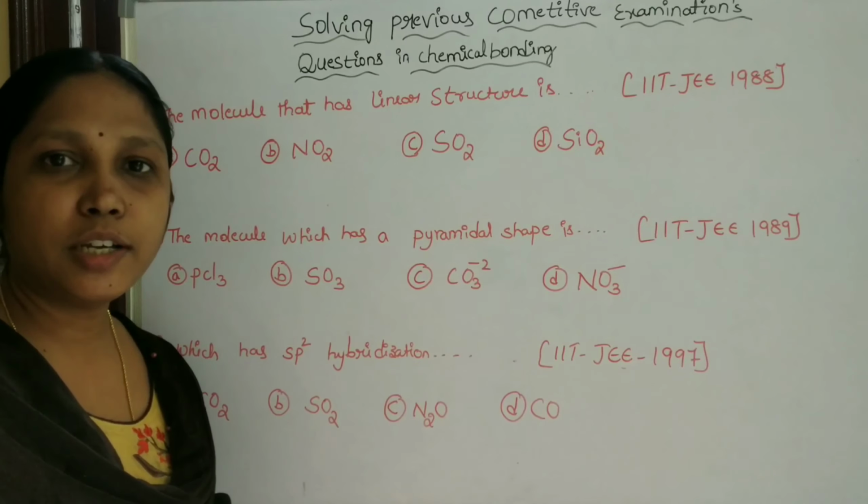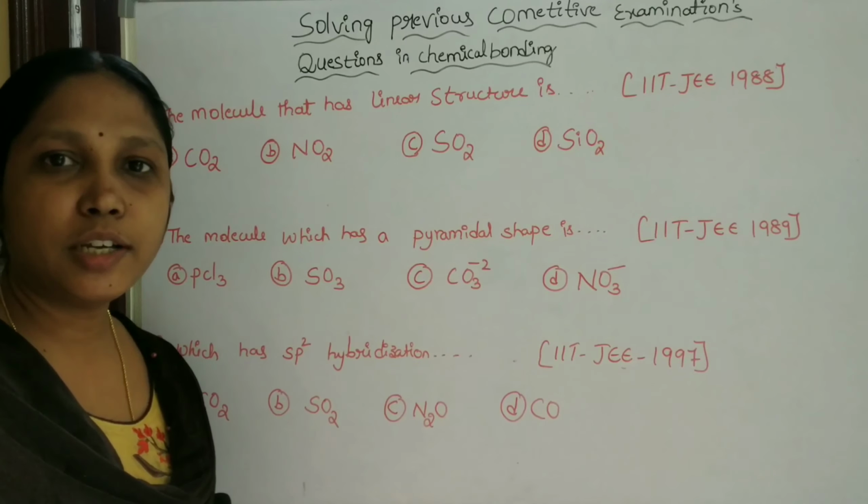We will check another 3 molecules also. NO2: here nitrogen is the central atom and oxygen is the surrounding atom. Nitrogen is a 5th A group element, meaning it has 5 valency electrons. The 2 oxygens form 2 double bonds and 1 odd electron is there. So here we can't say it is sp hybridized.